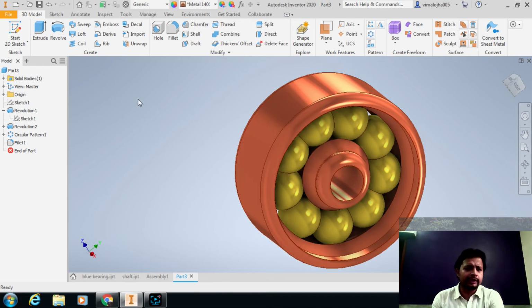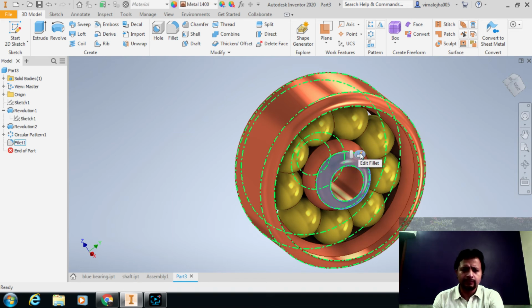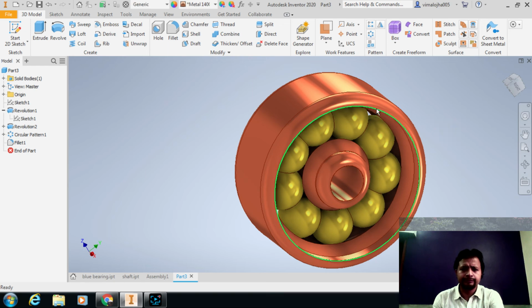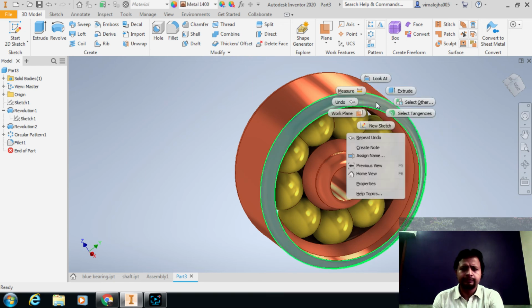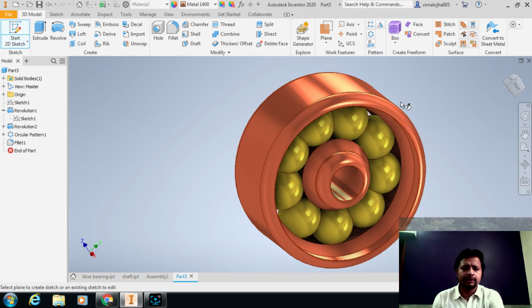In a bearing you need to see one keyway also exists here. If you want, you can prepare it. Just click on this face, create a new sketch.